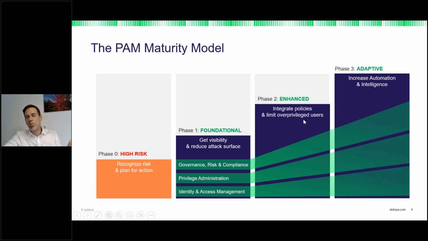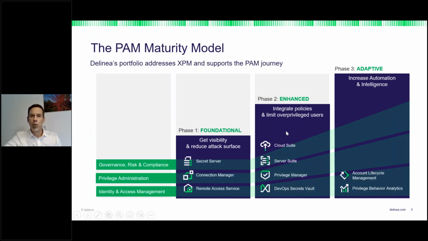So why, or where does we fit into this kind of play on this kind of strategic approach? Pretty simple. So on the first thing, the visibility, reduce attack surface. We have the classic PAM solutions and Vault. We have a connection manager. We offer remote access services, so that even someone coming from externally will only be allowed to contact or use a service or something in the cloud, the same way as on-prem, without seeing anything besides, and only with the rights that you grant them.